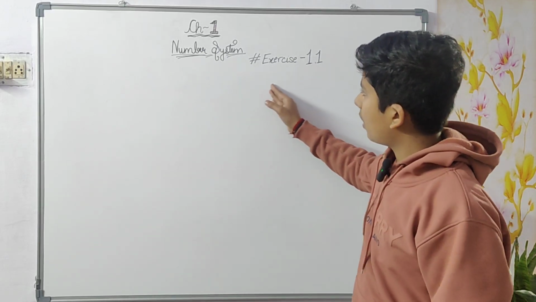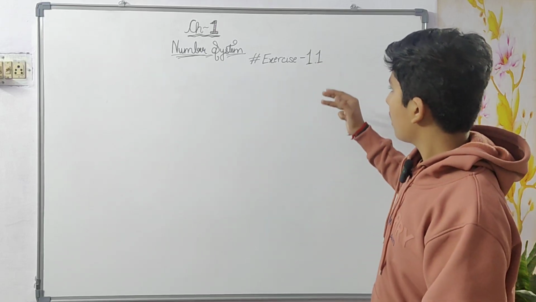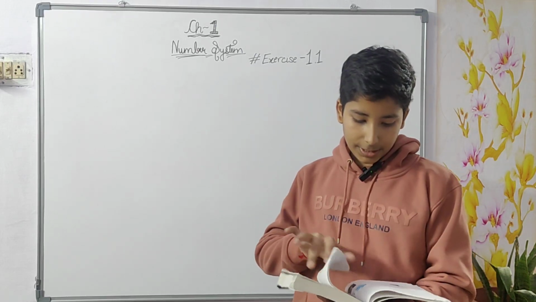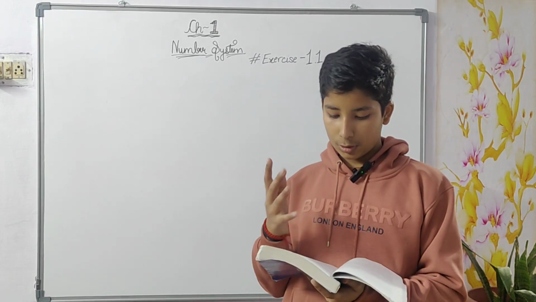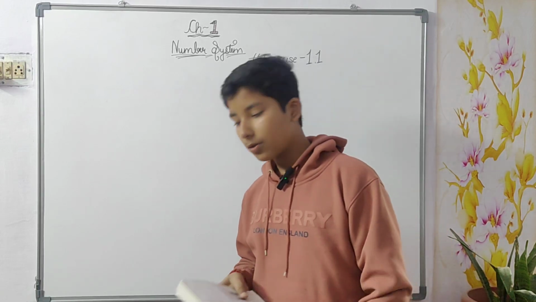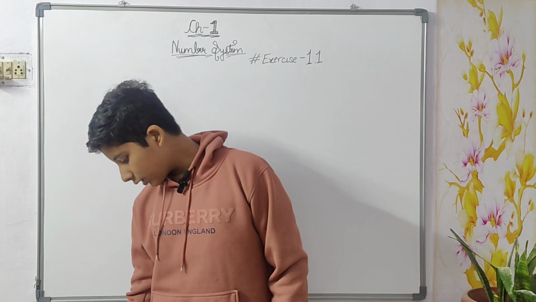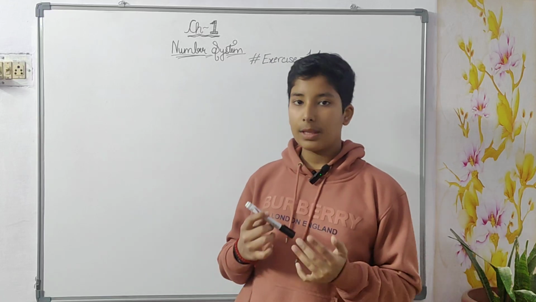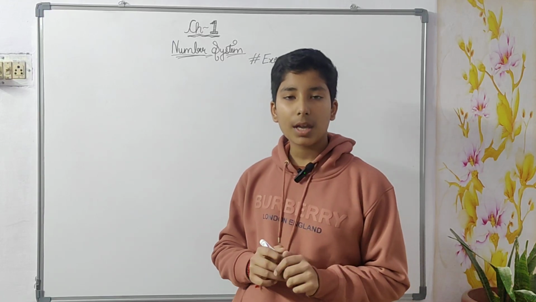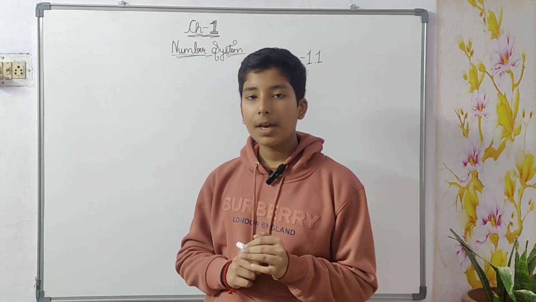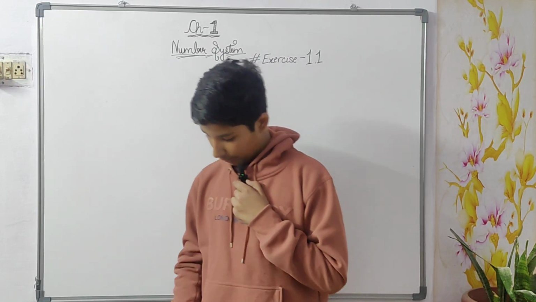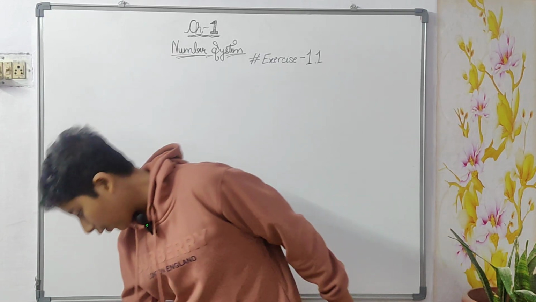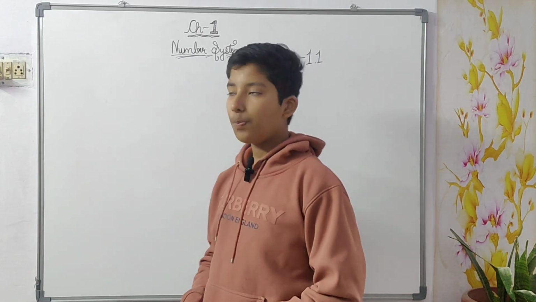Now see, our chapter 1 is number system, and exercise 1.1 I'll do all the questions. So let me take it out. There are total 4 questions, and in fourth question there are total 3 subparts. First question is asking, is 0 a rational number? Yes, all of you know that 0 is a rational number because it comes in the category of whole numbers, and whole numbers are rational numbers, as we know. It is also asking, can you write it in the form of P by Q? Yes, surely we can write it in the form of P by Q.